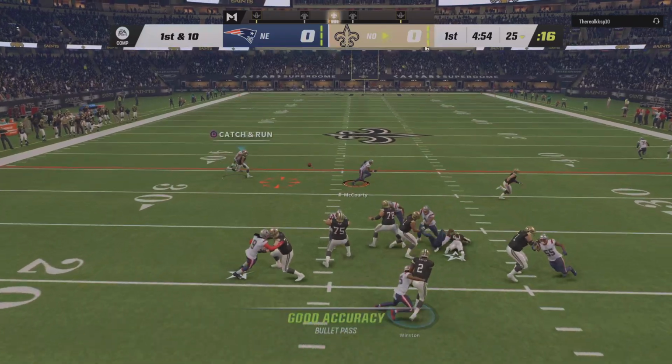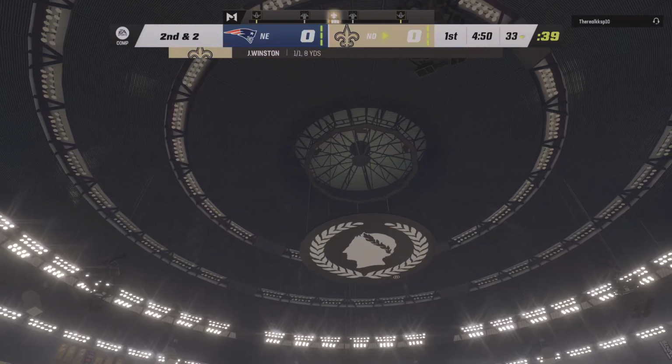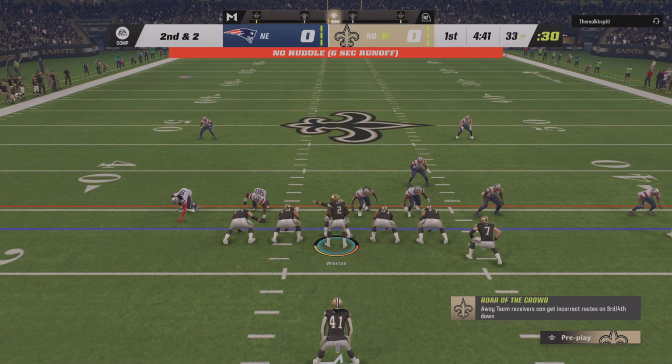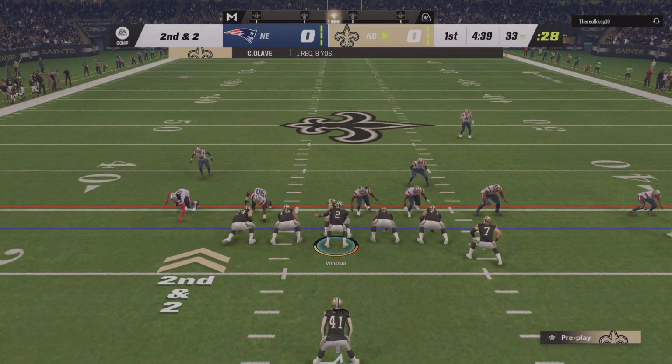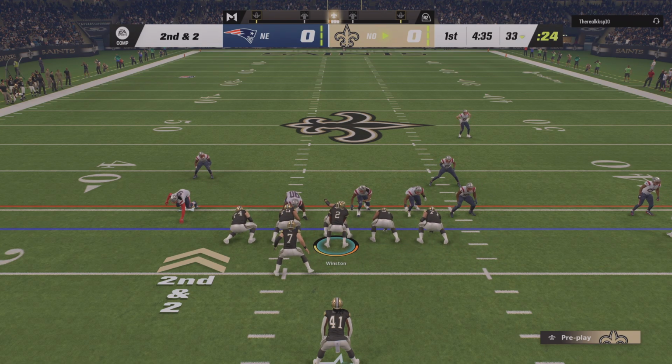First throw, here's Winston. There's Chris Olave. And he's upended at the 33, following a good pickup of 8. Here's a 2nd and 2 now from the 33. 2nd and 2 at the 33-yard